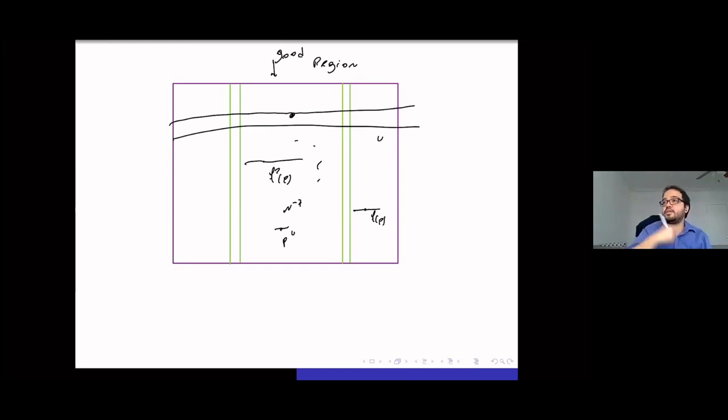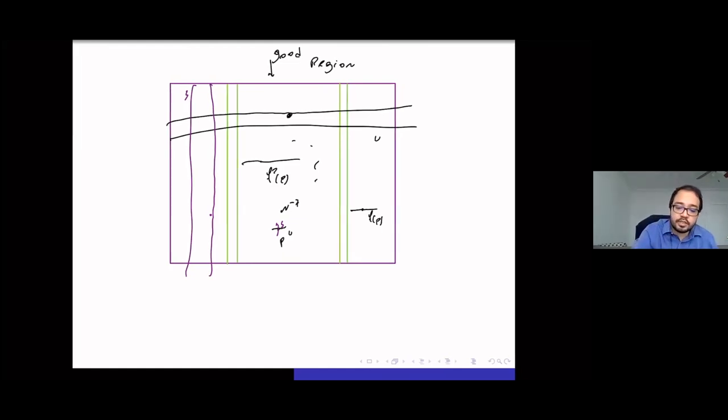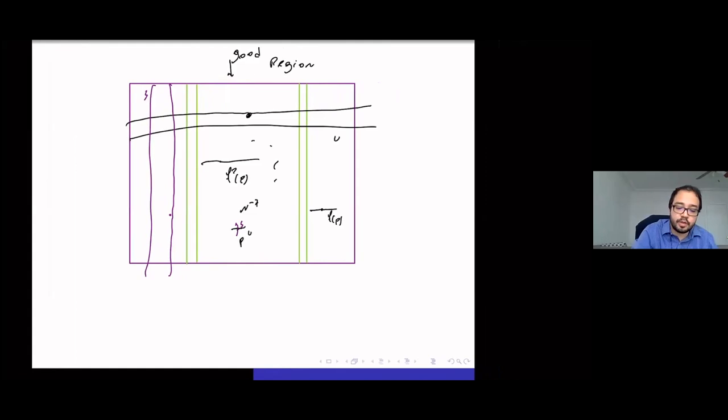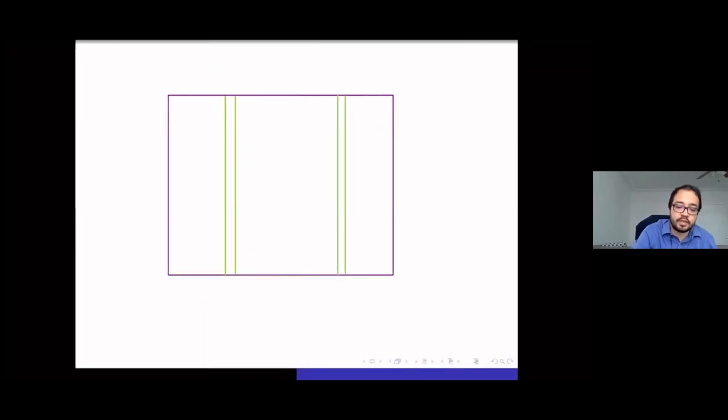And it spins around the torus in the x direction at least twice. If you do the same thing for a stable manifold, but looking for the past, you would get, at the end, something like this, of good size. And they would have some transversality between them in the center, if you just consider them in the center direction. So this is the type of picture you want to get from that statement,